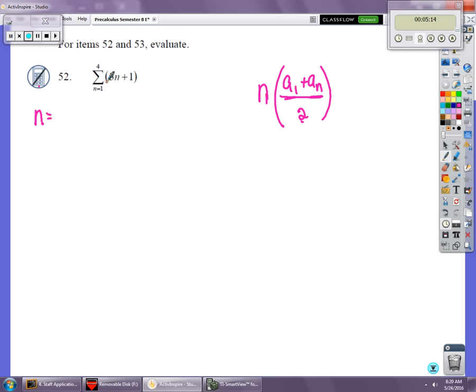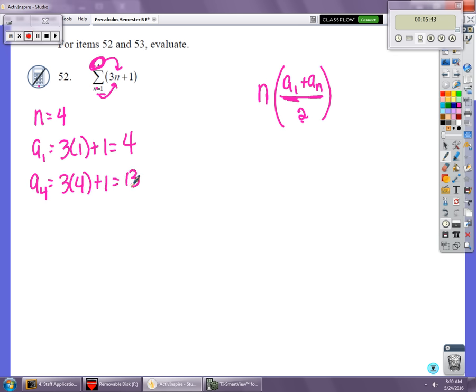I need to know how many terms there are. Well, we're using 1, 2, 3, and 4. So 4 terms, right? This is where you stop. This is where you start. No matter what, I need to go find the first term, right? So we're going to plug in 1. 3 times 1 plus 1 is 4. We also need to find the last term. And in this case, we're stopping at term 4. So I need to plug in 4. 3 times 4,